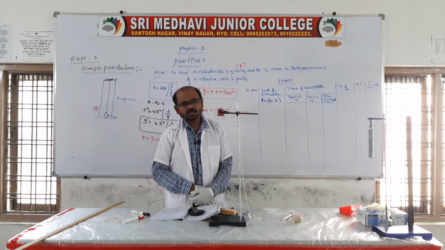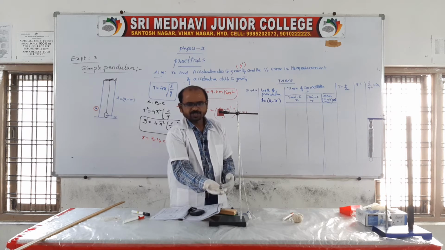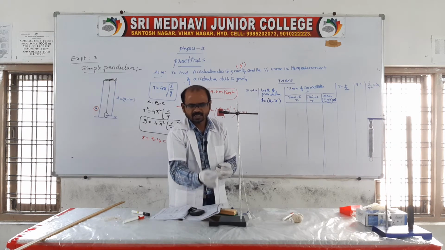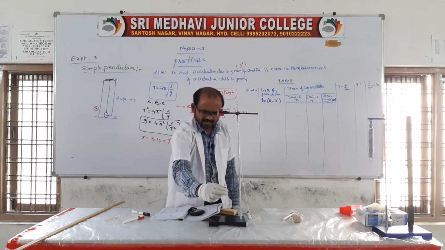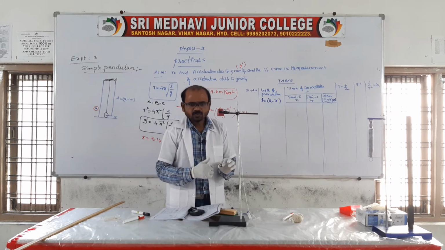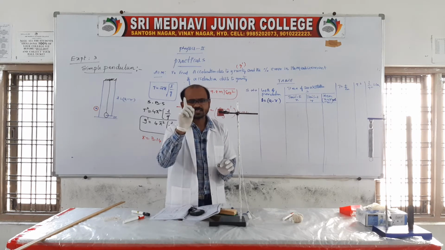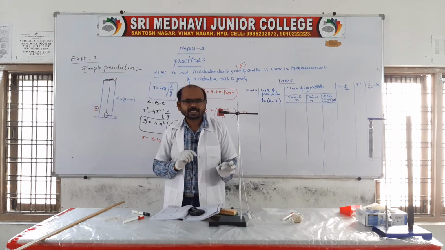Therefore the pendulum is making oscillations. I will tell you one thing: this we can call the mean position, and it is pulled aside to one extreme and released at that extreme. Actually this pendulum is making an angle theta with the vertical position when released. Now when released, it goes to the other extreme, and again it comes to the mean, and again goes to the other extreme. That means it started from this extreme, moves to the other extreme, then again comes to the same extreme; then we call it one oscillation. That is the time taken to complete one oscillation, which we call the time period.